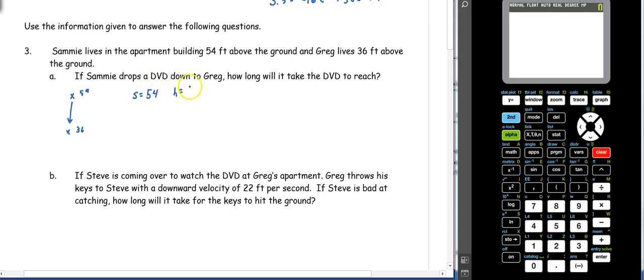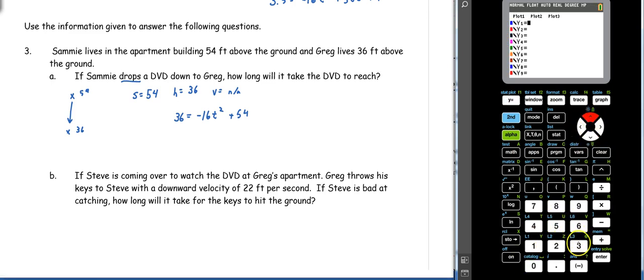The end height is where Greg caught it at 36 feet. And in this case, we are dropping it, so there is not going to be a velocity. So when we set up our equation, we have the end height 36 equals negative 16t squared plus the start height of 54. So we're going to use our calculator then to see how long it's going to take for the DVD to reach. So I'm going to go to y equals,